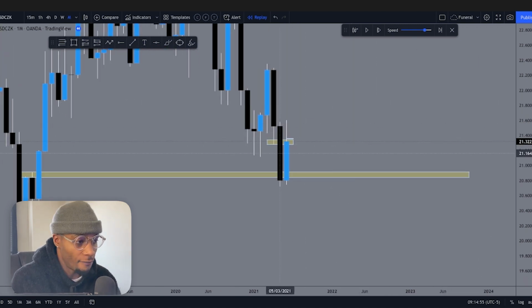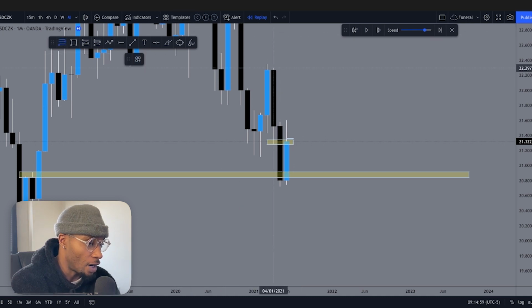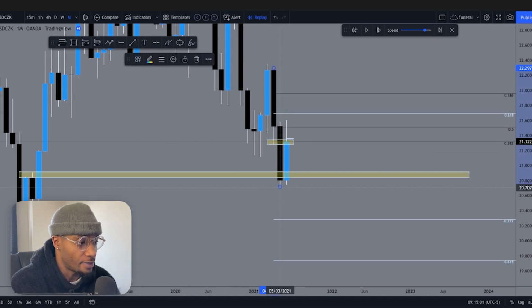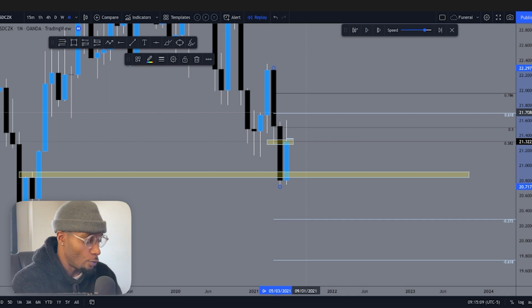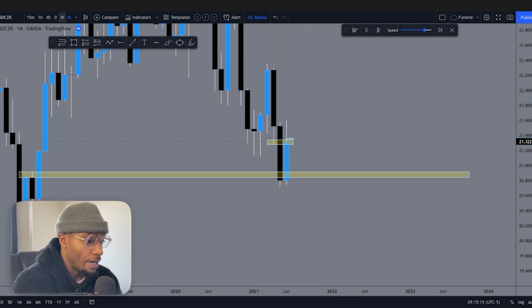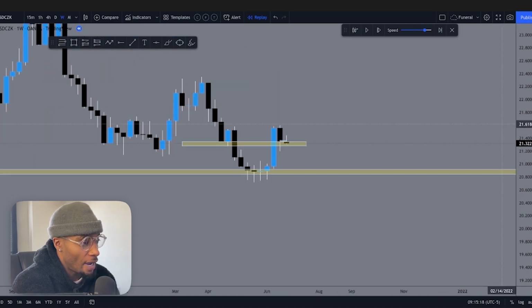If we do take out our Fibonacci on this, we can see from the high to the low on this impulse, we are coming back and getting rejected by the 50%. Ideally, you would like to see the market come back to the 618 golden Fibonacci zone, which is perfect in a perfect world, but you don't always get that. You could look for the continuation now, but let's go ahead and continue to talk about how to draw our